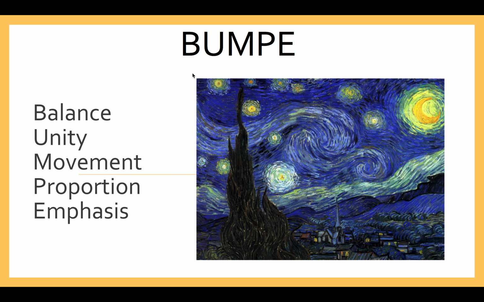The other acronym, Bumpy, is exemplified. There's a lot going on in Starry Night. This is a wildly famous painting. I'm not going to have you analyze it because there's probably 50,000 different analyses of this online, and I don't want you to just piggyback. I want original thoughts. And there's probably, you know, more right and more wrong, but with interpretation, what we're getting at, you're just making an argument about what the image is doing. So with balance, unity, movement, proportion, emphasis, these are the things that are in this acronym.